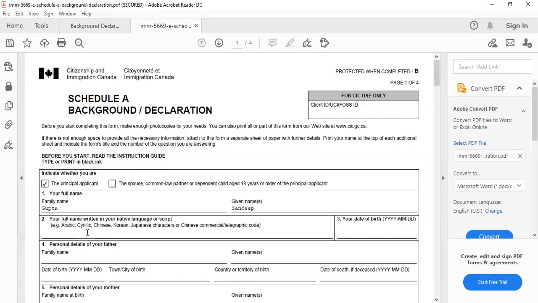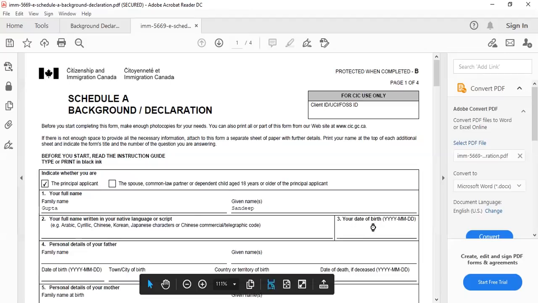I don't have a keyboard with which I can type my name in Hindi, so I'll fill up the form, take out the printout, write my name in Hindi and scan it. Then I would have a form which contains my name in my native language. So I'm keeping this field blank as of now.